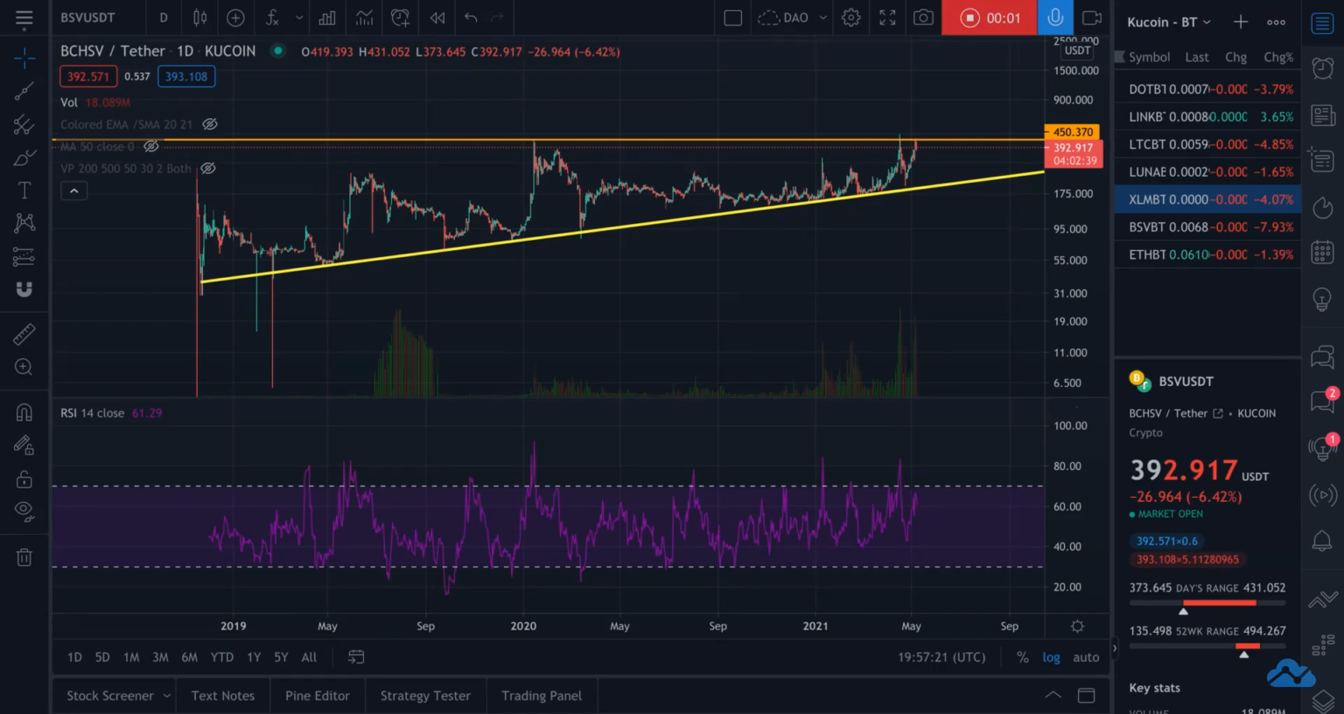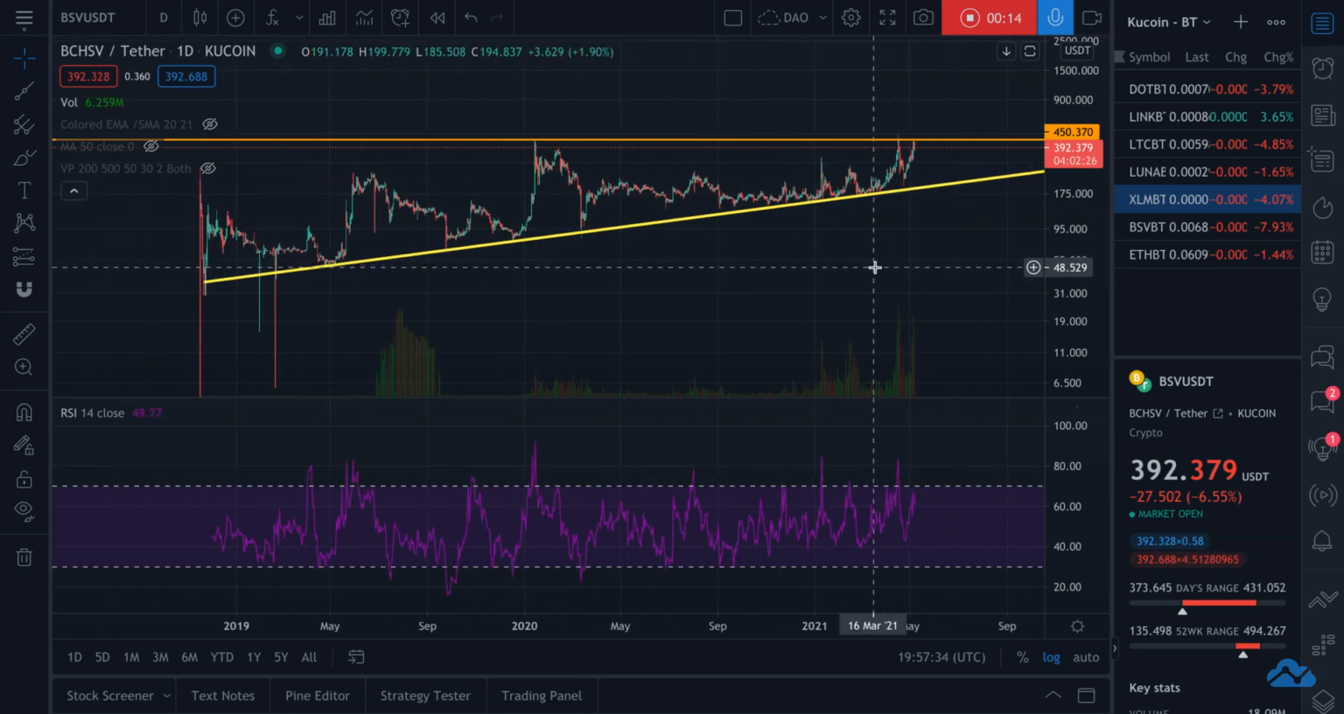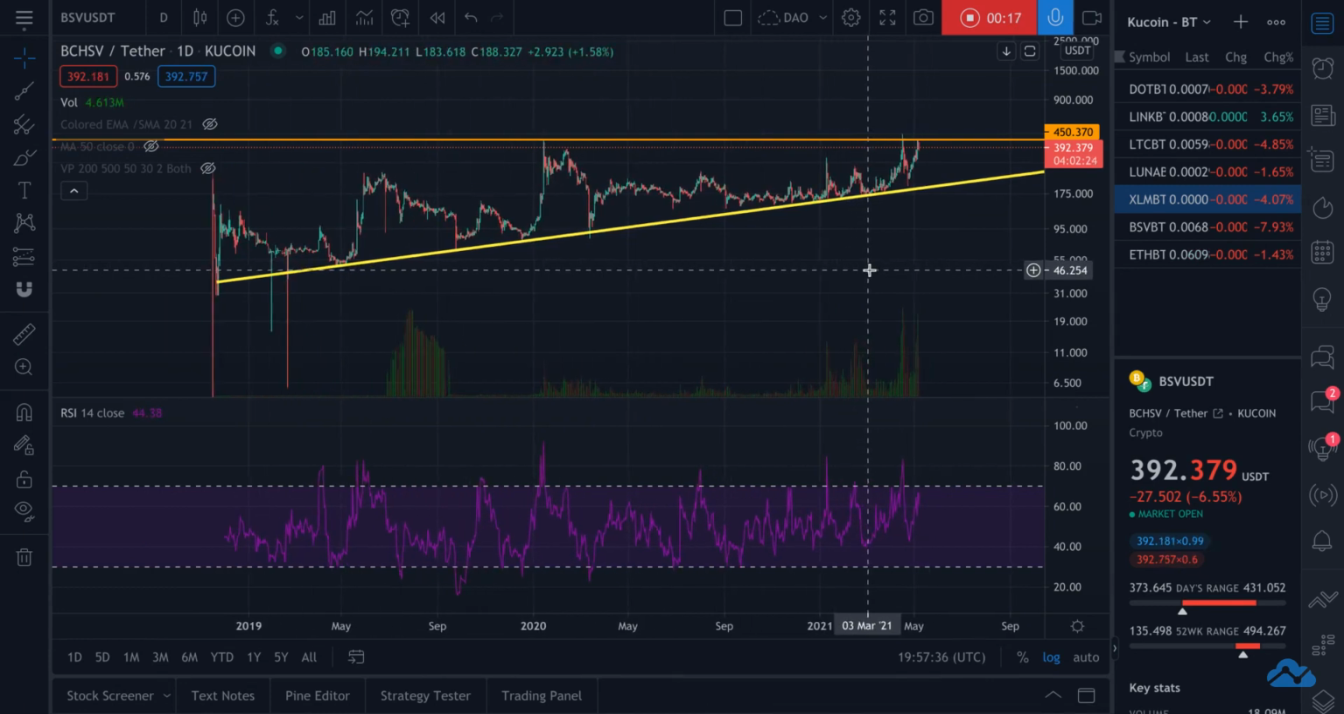Hey guys, taking a look at BSV today, and we're going to look at it versus USDT, as well as against Bitcoin, because I want to get a full picture of what exactly we have going on with BSV. So, looking at the log chart of BSV versus USDT, we see a linear trend line,